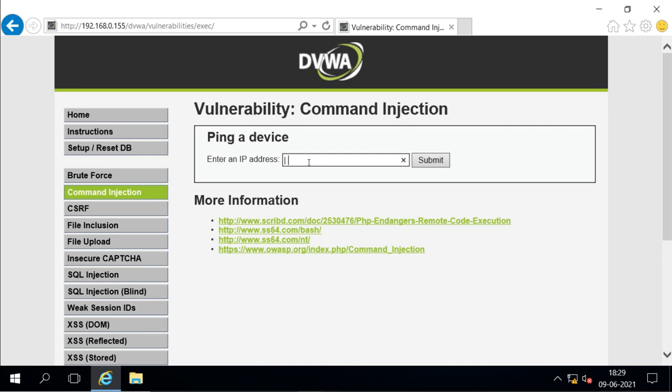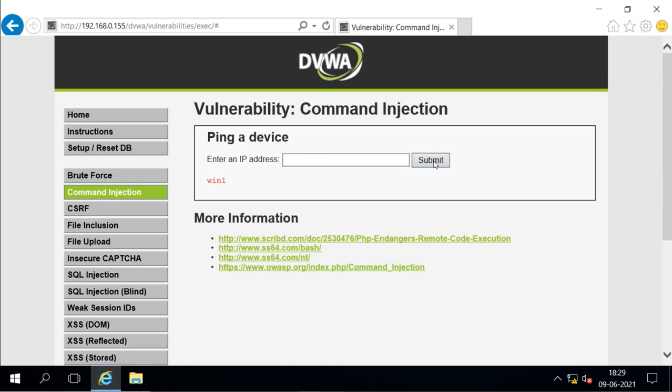Because it is executing the ping command, it can also execute other commands. So I give the pipe and then the command I want to execute, just hostname. Now it is showing me the host name of that Windows 10 machine which is hosting this site.